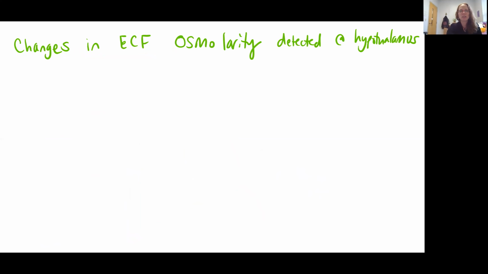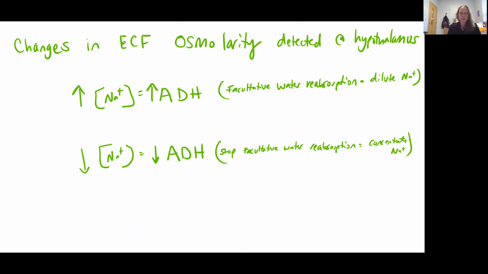Changes in the extracellular fluid osmolarity is detected by the hypothalamus. And we're going to see the release of antidiuretic hormone as a result of a high sodium concentration. So if you are eating a salty meal or like a whole big bowl of popcorn, then you're increasing your sodium concentration. This is going to trigger the release of the antidiuretic hormone, which will trigger facultative water reabsorption at the DCT and the collecting duct, which is going to ultimately help to dilute that sodium,